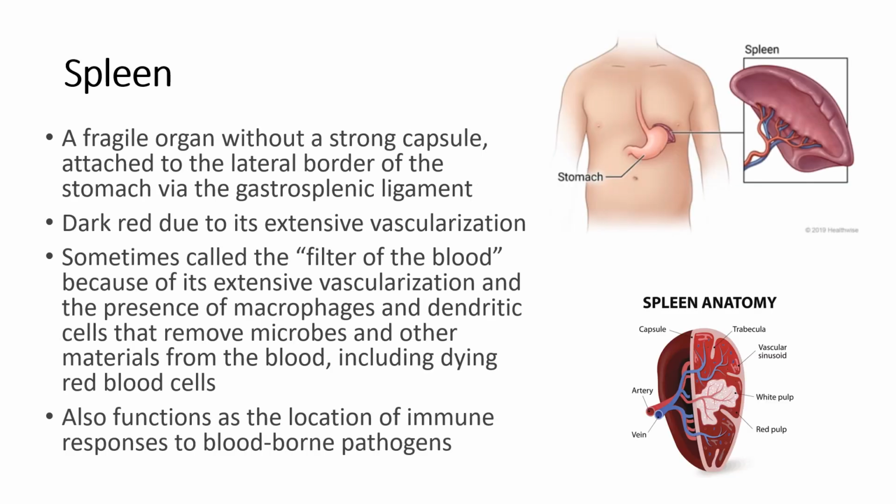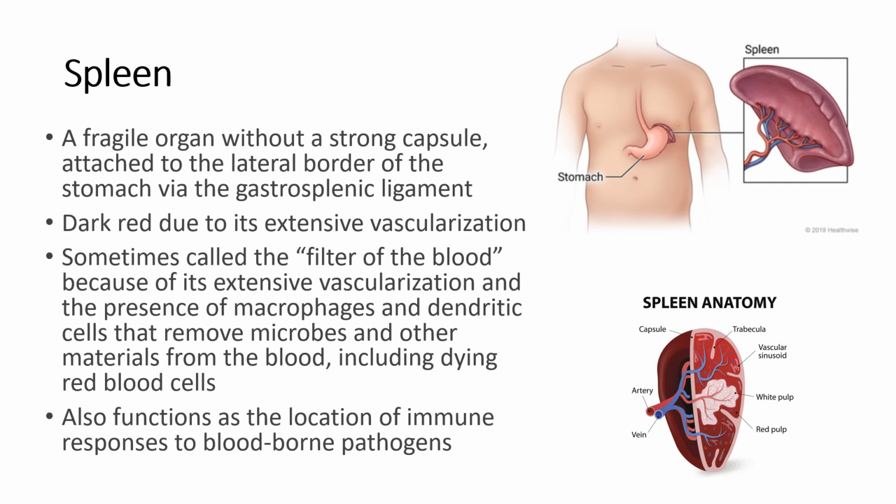The spleen is a fragile organ without a strong outer capsule that's attached to the lateral border of the stomach via something called the gastrosplenic ligament that we'll see in a few weeks. The spleen is dark red in color due to the fact that it's extensively vascularized because it's a filter, and